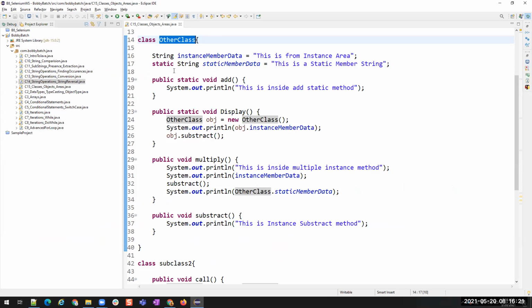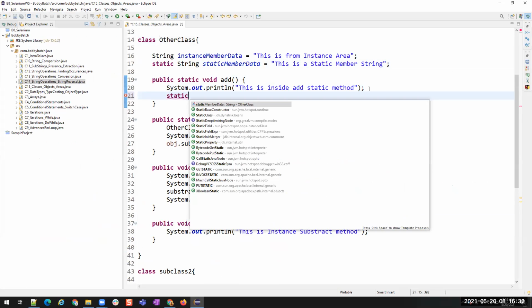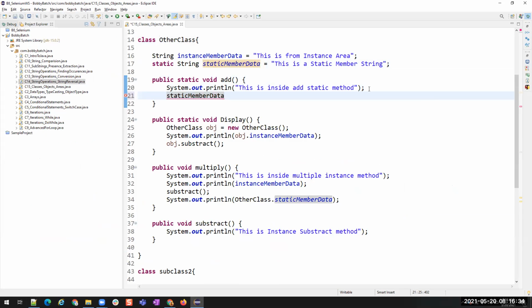Static to static of same class. This is the class and this is the static area and this is the static member. Now I want to use them directly. Okay. I use static member data directly.